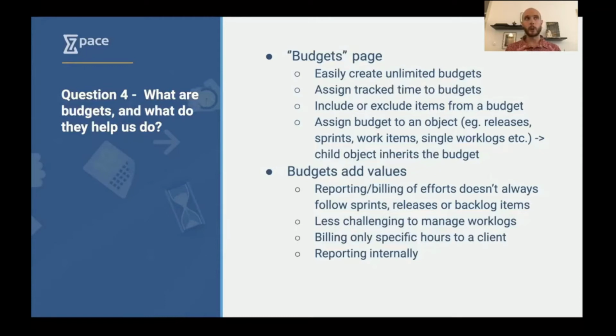One important property that is worth mentioning here is that children items or objects inherit the budget that their parent item is assigned to. So what does that mean? Imagine you have, for example, an epic at the top level, and then a series of product backlog items that belong to that epic. You can assign a budget at the epic level, and then all these product backlog items will belong automatically to the same budget. So why is that important, and how does that